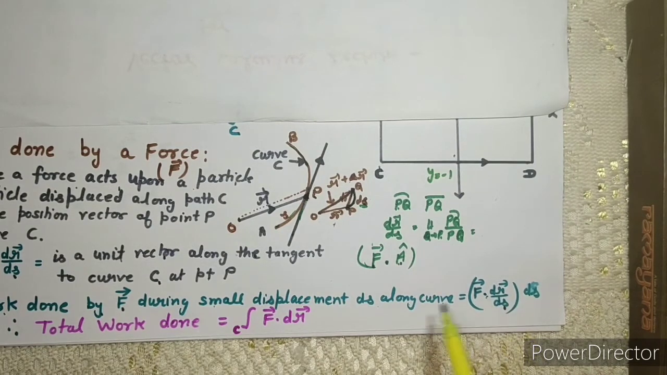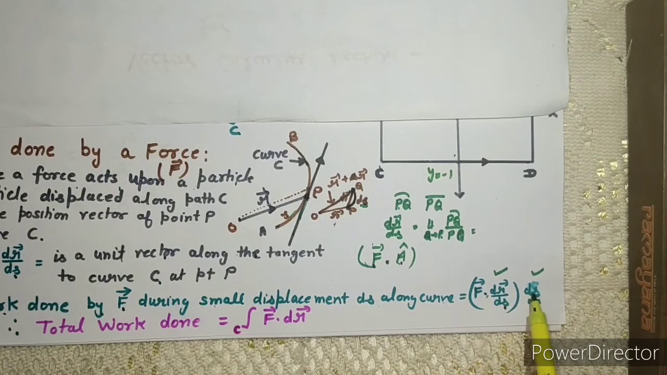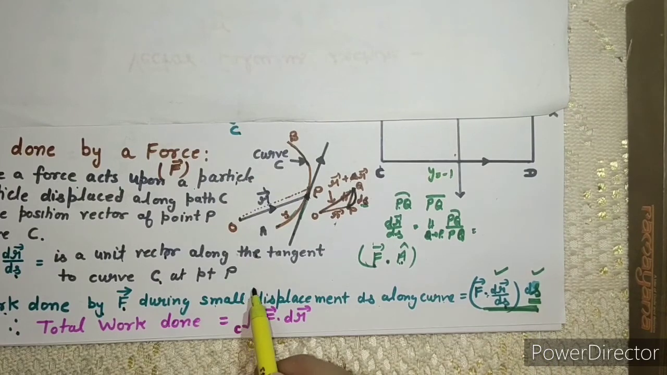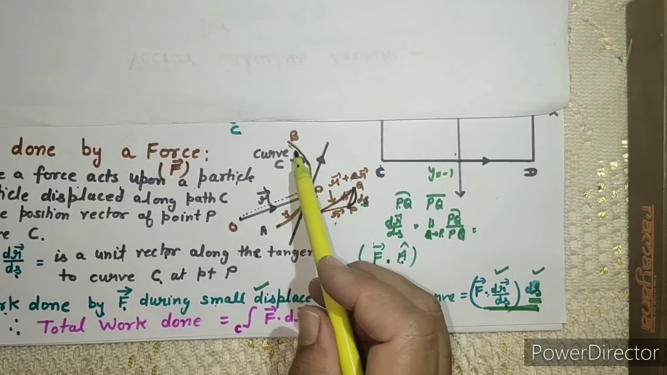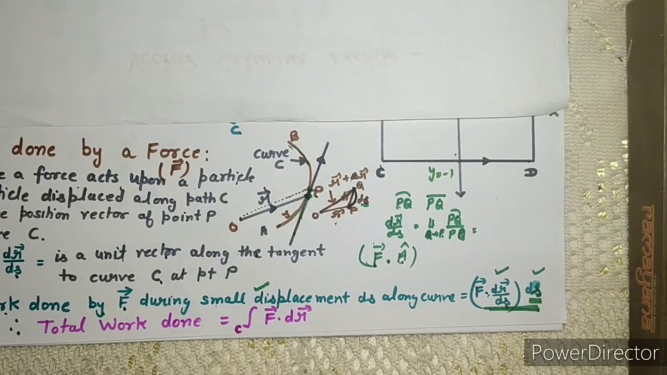और वर्क डन क्या होता है, हम तो वर्क डन निकाल रहे हैं, दैट इज फोर्स इनटू डिस्प्लेसमेंट। एंड व्हाट इज द डिस्प्लेसमेंट इन द कर्व, दैट इज ds। तो दिस इज माई वर्क डन ओवर ए स्मॉल डिस्प्लेसमेंट। स्मॉल डिस्प्लेसमेंट होता है ना, दिस इज माई कर्व था और इस कर्व का वेरी स्मॉल पार्ट हमने पिक कर लिया, दैट इज ds।